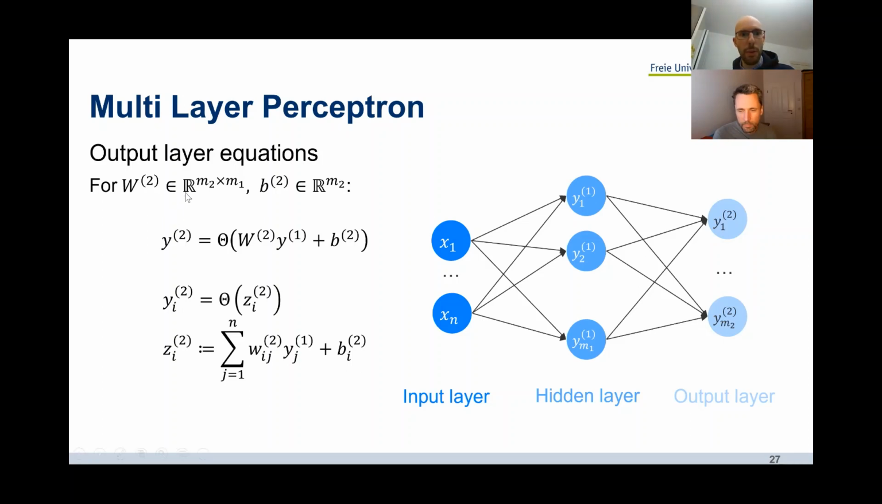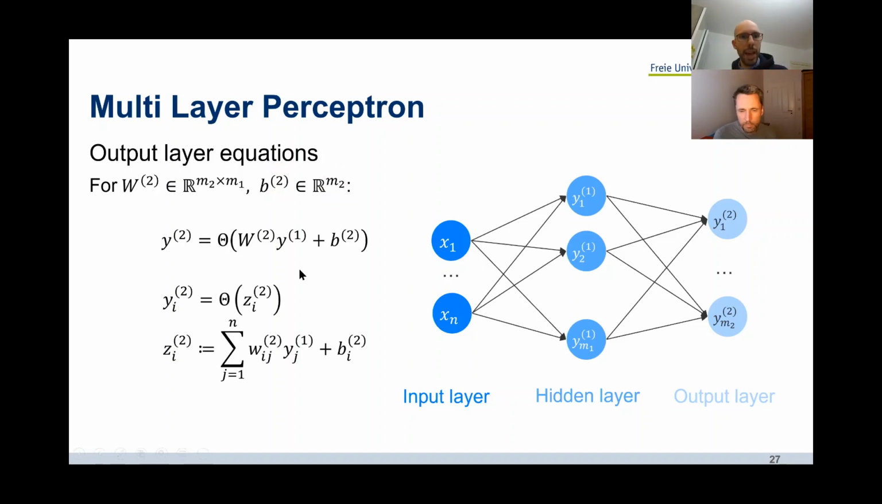So basically all the 2's get replaced with 1's. Sorry, the other way around. The 1's get replaced with 2's, and then everything looks pretty much the same. So now we have this matrix W2. And again, let's assume that our output layer has M2 neurons, so M2 dimensional output vectors for our model. Then our matrix is an M2 times M1 dimensional matrix or array, and our B2 is an M2 dimensional